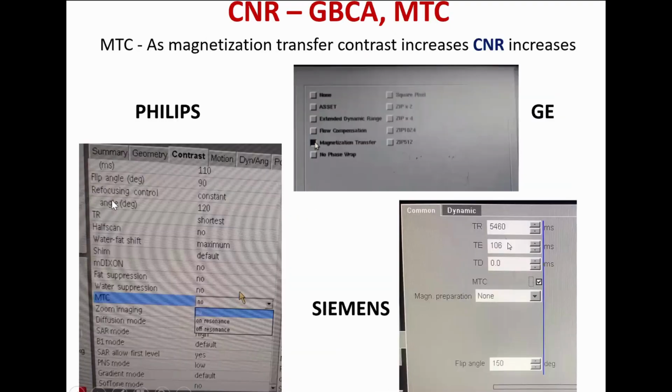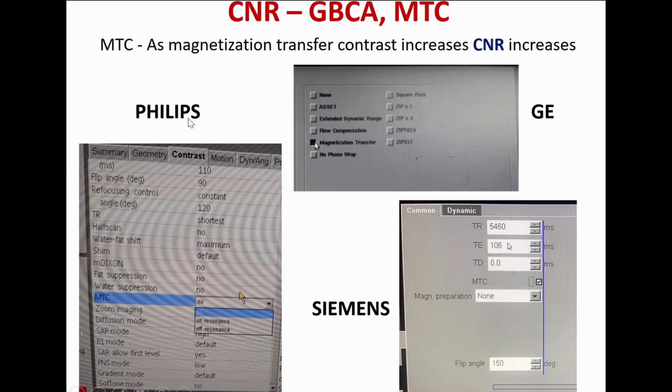And then we move on to the contrast to noise ratio. When you talk about contrast to noise ratio, the numerator is your contrast and the denominator is again the noise. So what would you do? As I said, the parameters that influence the contrast to noise ratio are T2 weighted imaging, okay? Then you have the contrast, that is GBCAs, gadolinium-based contrast agents. And you have parallel acquisition techniques, and there is iPAT, integrated parallel acquisition techniques. And then you have something called magnetization transfer.